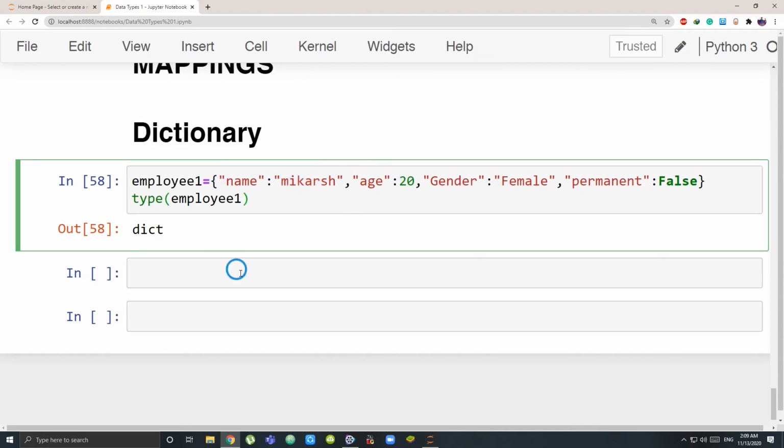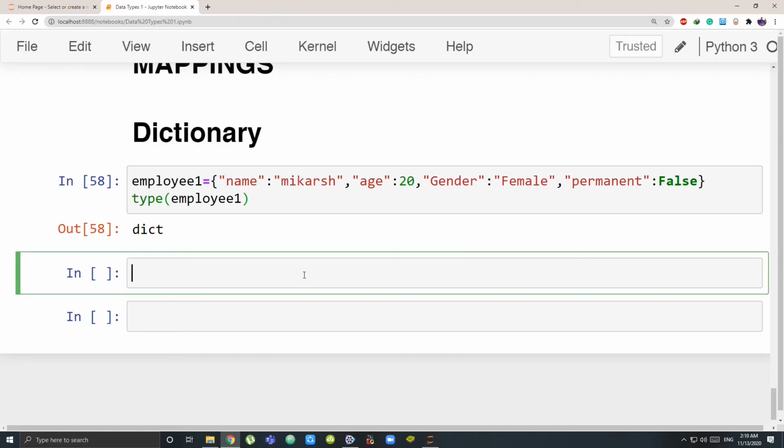So dictionaries are mutable. Now it's not necessary that you have different data types, you can have a single data type also. So for employee, now I'm storing the names of my employees. I can have my key as 1, that is the first employee. So my key is now taking the integer data type.